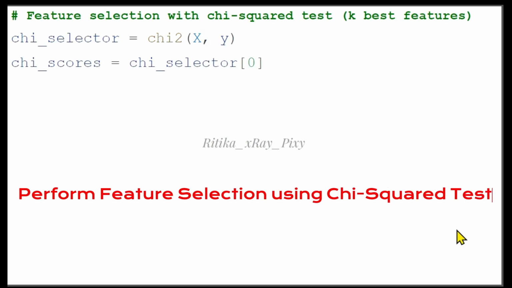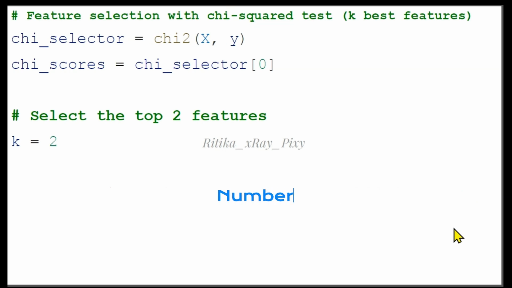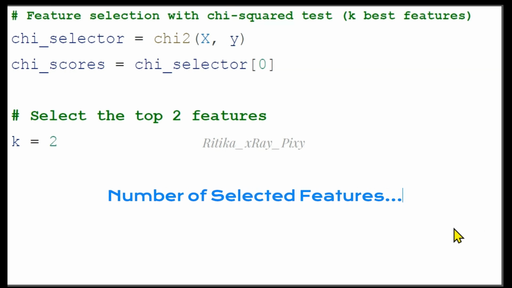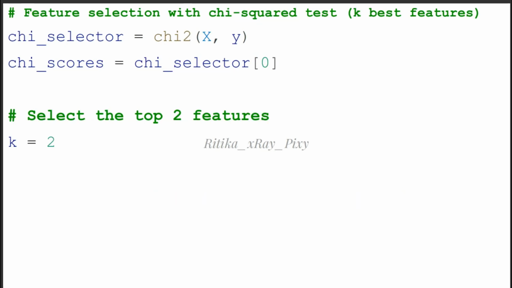Now we will decide how many features we want to select. Right now we will select the top 2 features. So the value for k we have here is 2. So now we will set the number of features to select. Right now we will select the top 2 features because we will reduce the number of features for better performance.